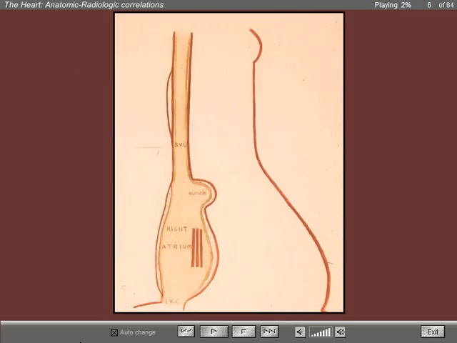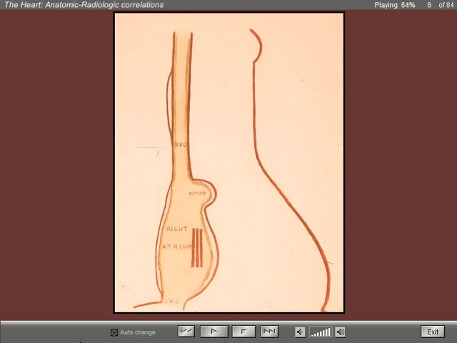The diagram of the right side of the heart shows the superior vena cava medial to the ascending aorta. This occurs in adults, particularly when there is dilation and elongation of the thoracic aorta. In infants and children, the right vascular segment of the mediastinal silhouette is formed by the right wall of the superior vena cava. The superior vena cava ends in the right atrium, which forms a convex curve close to the